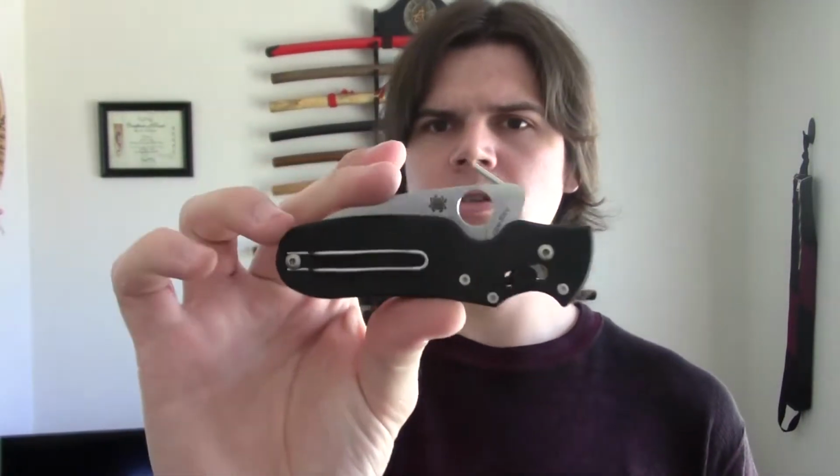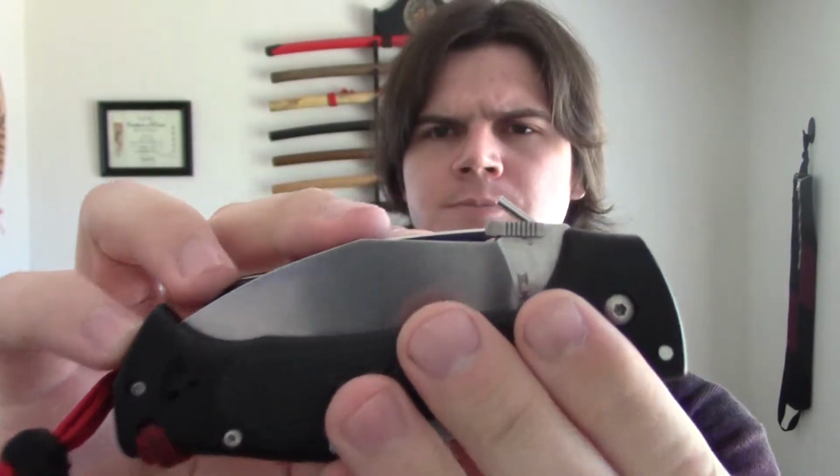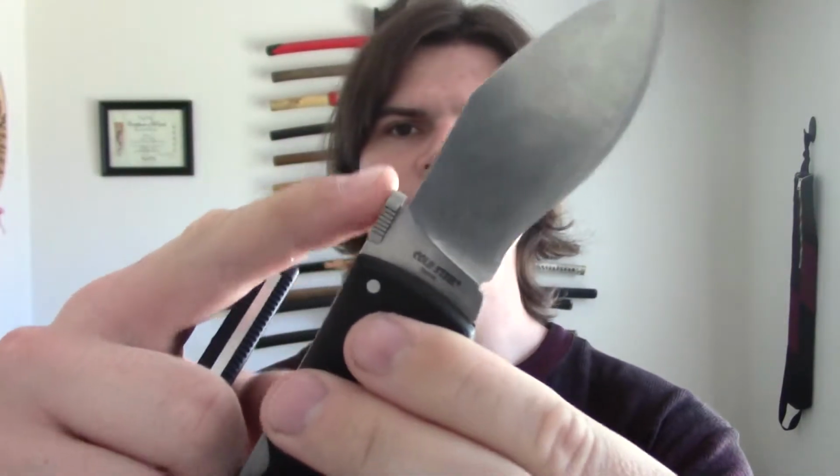The other one I'm used to is my Spyderco Pakal, and once again, as you can see, the wave on the Pakal is much larger. That's something you definitely have to train for if you are going to carry this knife and you plan on waving it. One thing I really would like to see Cold Steel do is take this thumb plate and make